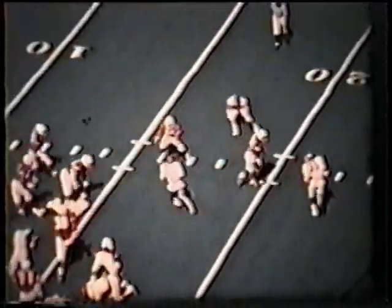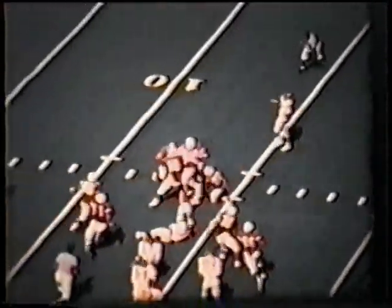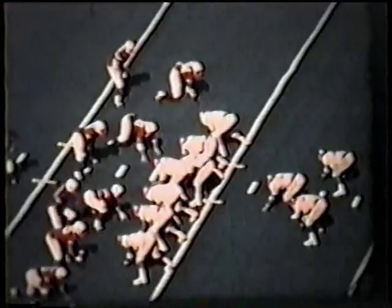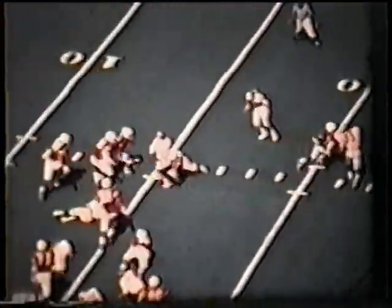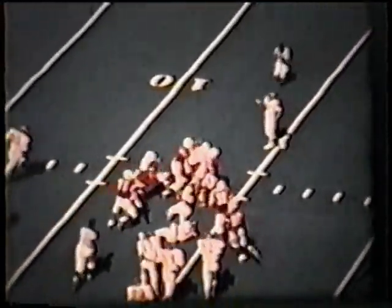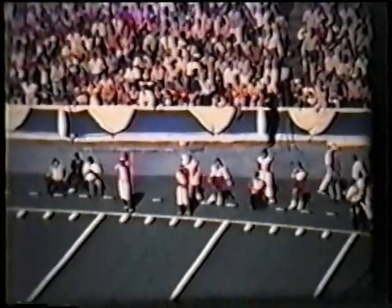Mildren fakes the crosswipe. Mildren keeping. He's at the 15. He's hit at the 13 and then pushed back at around the 13-yard line. 43 seconds left. 41 seconds. The ball at the 13-yard line in Texas territory. 3rd and 2, but time is the factor. 34 seconds, now 33 seconds. Wide side of the field to the left. Mildren fakes the crosswipe, gives to Bell, who leaps over the line of scrimmage, comes to rest at the 10-yard line, and now